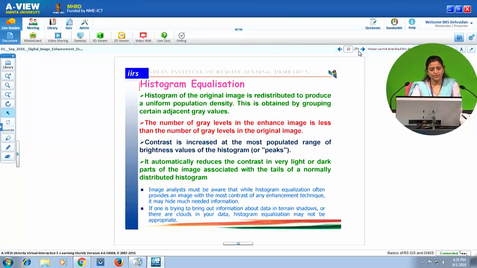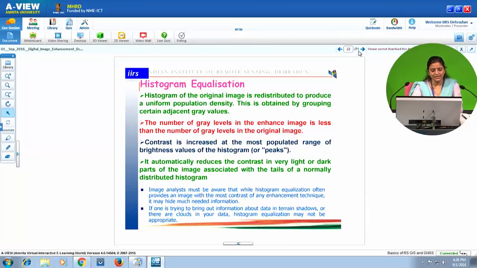image. The contrast is increased in the most populated range of brightness values of the histogram, or in the peak areas. It automatically reduces the contrast in very light or very dark parts of images associated with the tails of a normally distributed histogram.